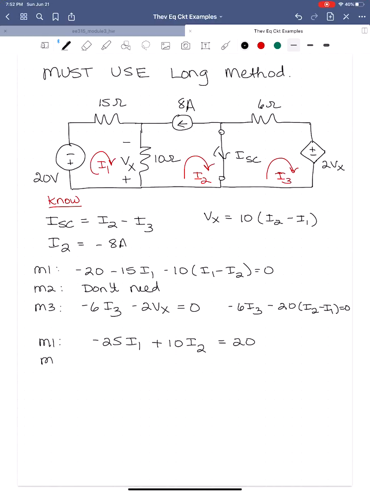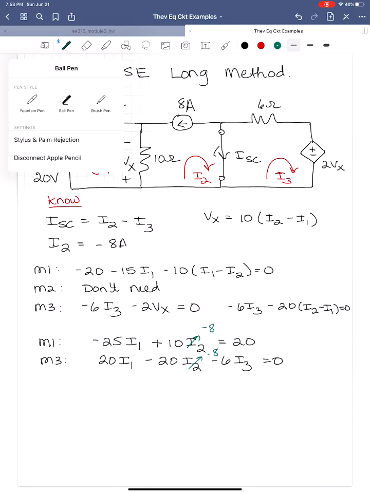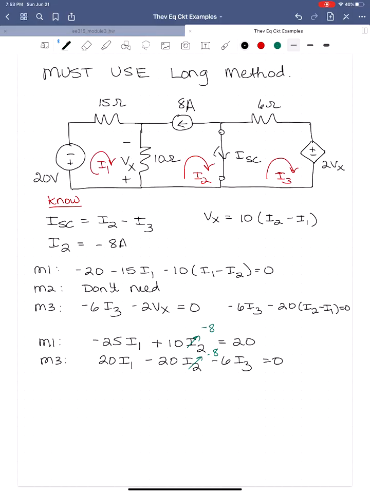And so the mesh 3 equation will become 20 I1 minus 20 I2 minus 6 I3 is equal to 0. We'll substitute in that I2 is equal to minus 8 in both cases. All right, and so what we'll be left with is that I1